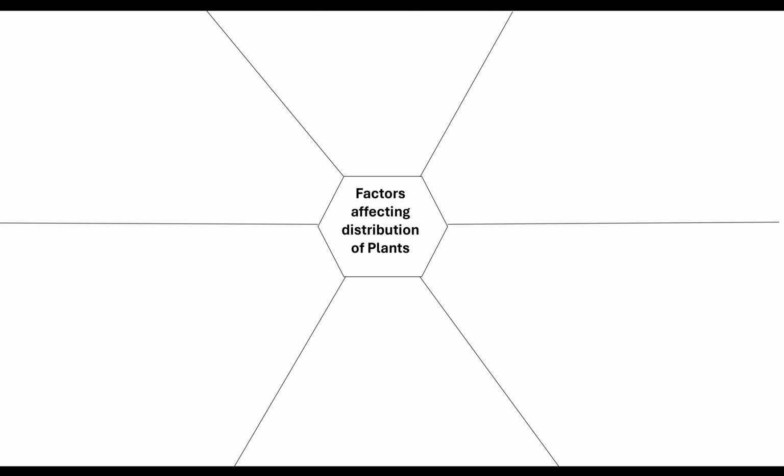So what kind of factors are going to affect the distribution, for example, of plants? Well, the first one would be water. Water we know is a universal solvent, and we know because of transpiration that it's going to move up through the plants and then it's going to be used through the process of photolysis when the plant is photosynthesizing. So therefore, water is a factor that will affect the distribution of a plant. If there's not enough water, that's not going to be able to carry the necessary minerals up the plant for the production of chlorophyll. It's not going to allow for photolysis to occur,